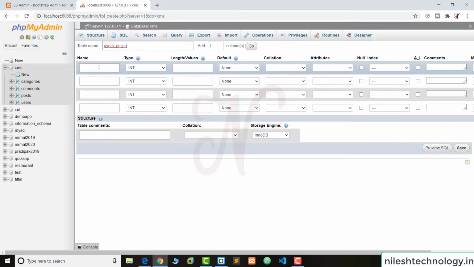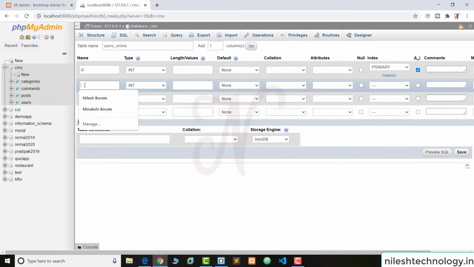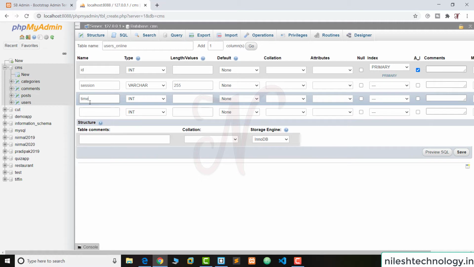The first column is ID, int, AI, which is auto incremented. Then session, varchar 255, then time, integer, length 11.